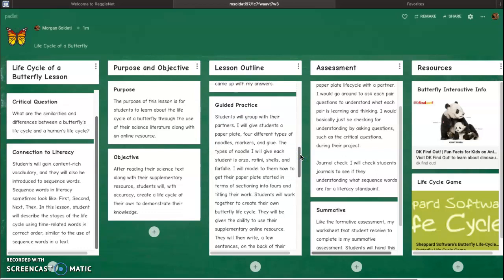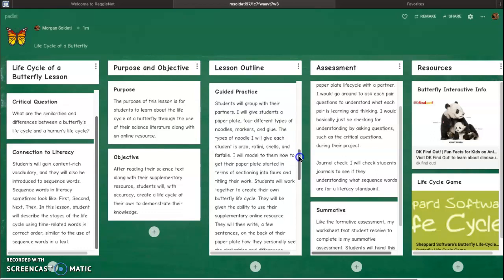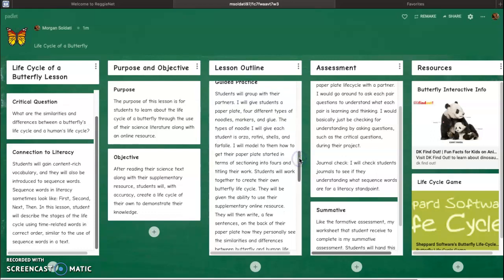Because the students looked at the pictures and we worked together, and I modeled each cycle, students are going to group with their partner. I will give students a paper plate, 4 different types of noodles, markers, and glue. The types of noodles I will give each student are orzo, rotini, shells, and farfalle. You probably will be able to tell which one's which. The orzo is egg, rotini is caterpillar, shells is the chrysalis slash cocoon, whichever one you prefer, and the farfalle